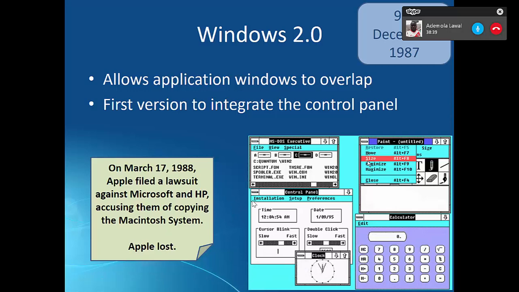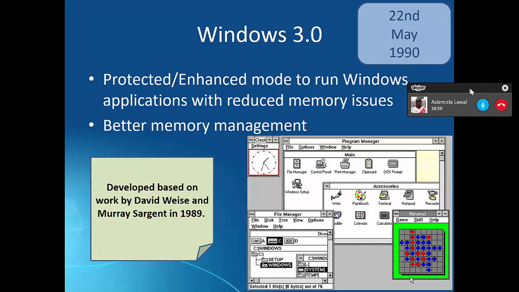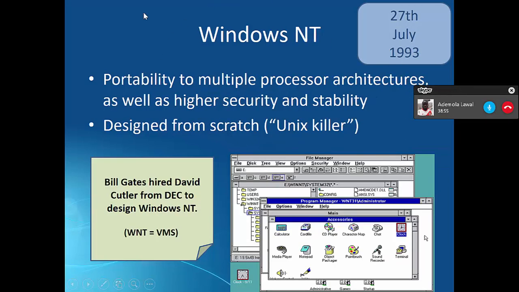It has more to run Windows applications with reduced memory issues and also has better memory management. It was developed based on work by David Weiss and Mary Sargent in 1989. I'm moving on to the next slide, which is Windows NT, which was released after the Windows